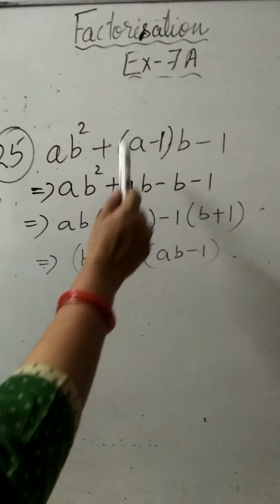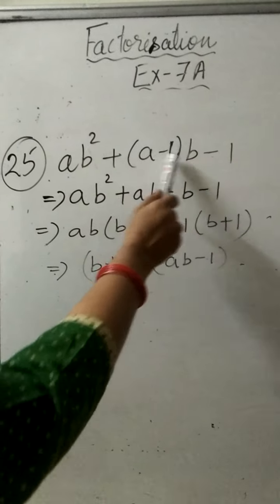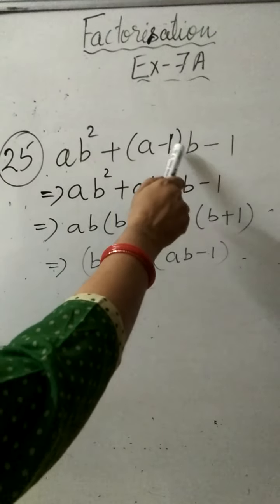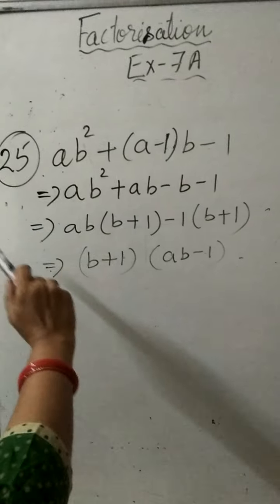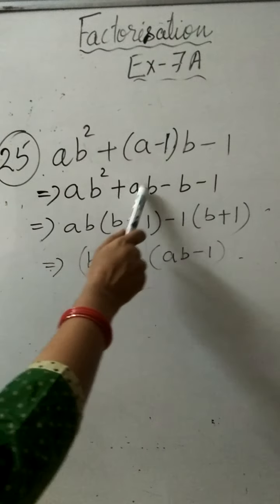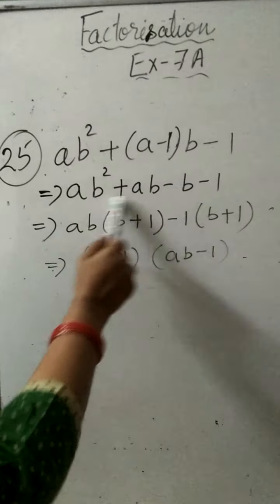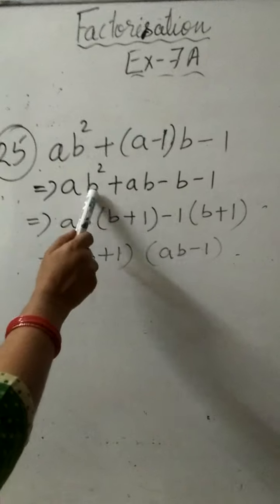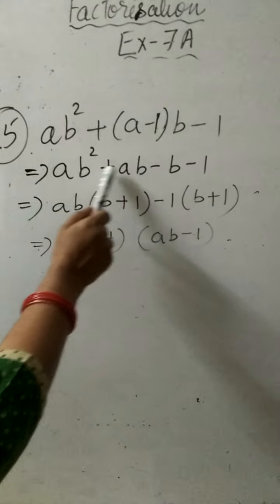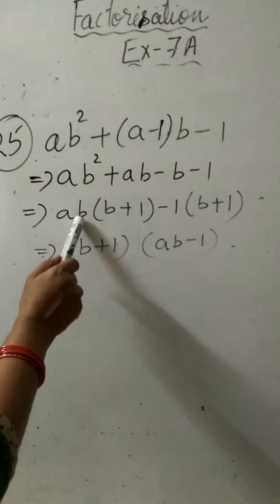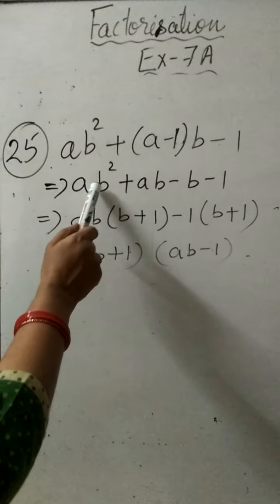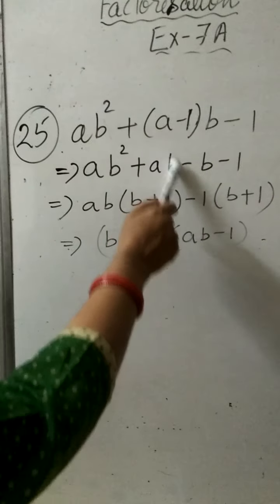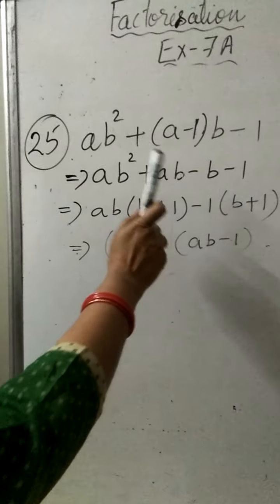So in this case what you will do, you have to multiply b with this term. After multiplication you will get a into b, that is ab, and then b into minus 1 is minus b. Now you are having 4 terms in hand, 1, 2, 3, 4. Take common between these two and these two. So let us see what are the common factors. ab square is here and here ab is there. So a is common, one b is also common. So ab is common, ab we have taken common, b is remaining, plus ab already we have taken, so nothing is remaining, that is 1 will be there.